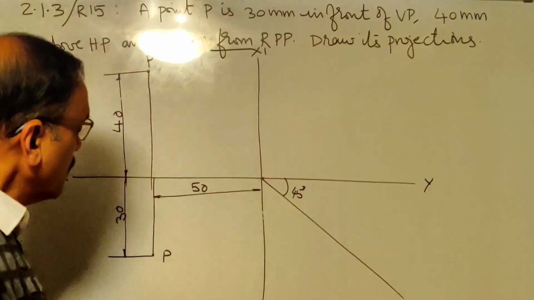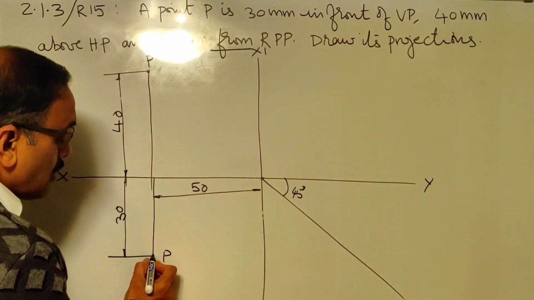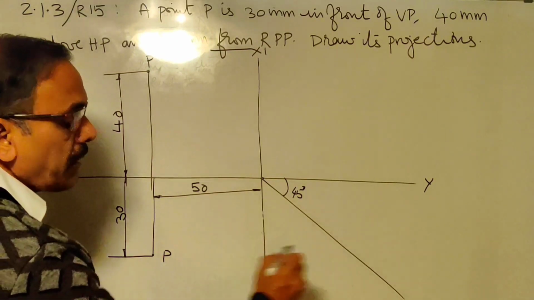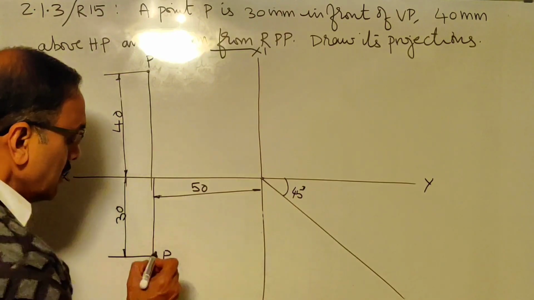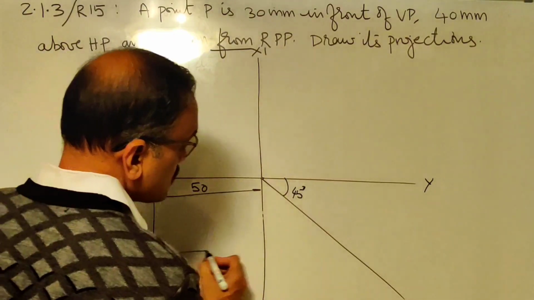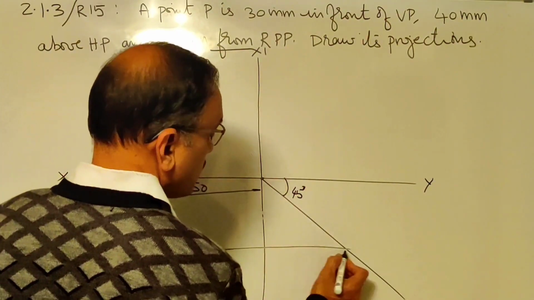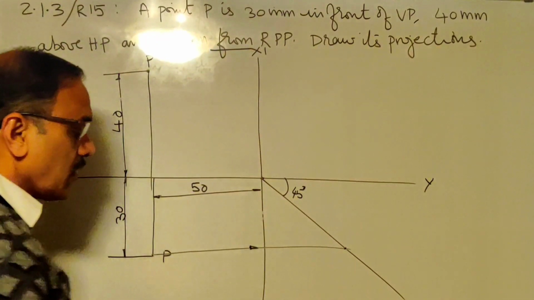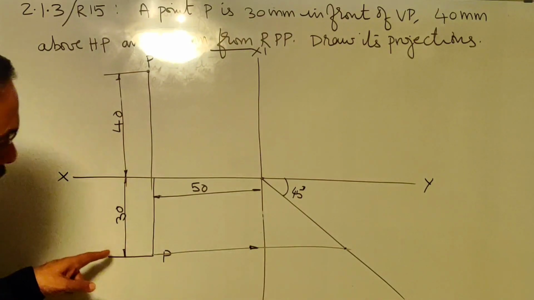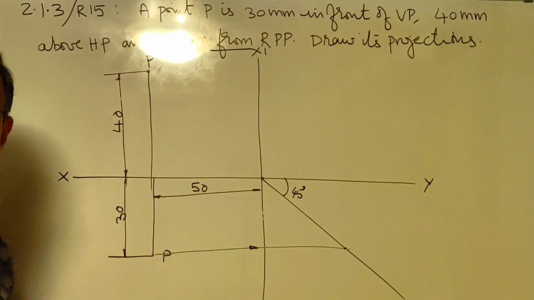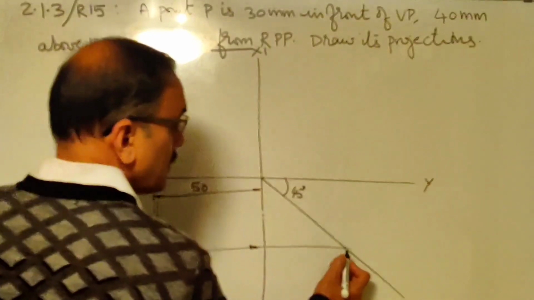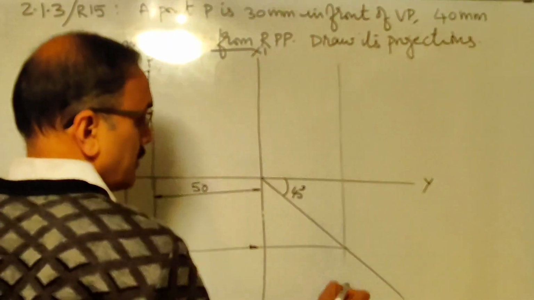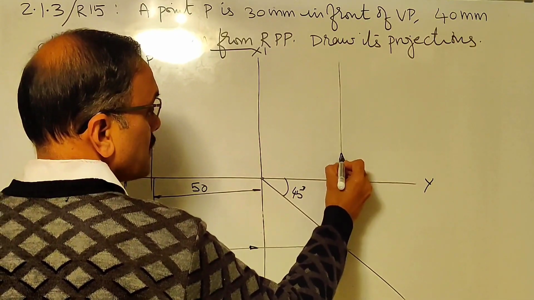Once you do that, go to the top view and draw its locus. When I say locus, starting from P, draw a line parallel to the xy line. Okay? This is also a construction line, so it will be drawn thin. You are moving in this direction. Let me show the direction also by an arrowhead. So this locus will go and intersect the 45 degree line at some point. Mark that point, and there you draw a perpendicular to xy. This is also a thin line. I am showing the direction also here.